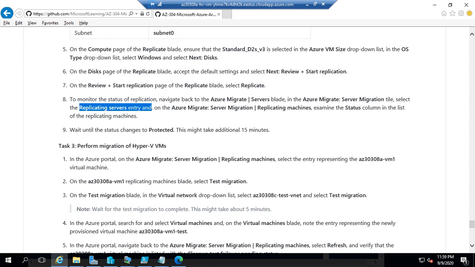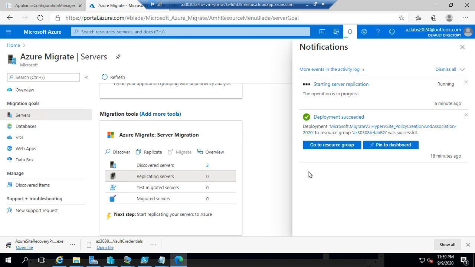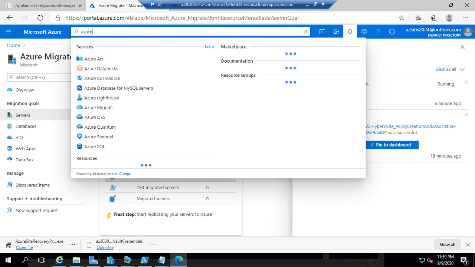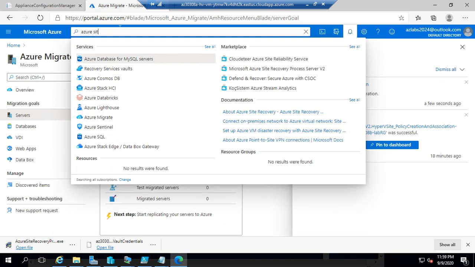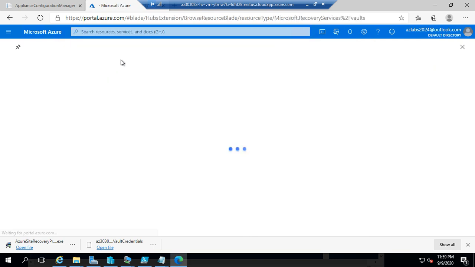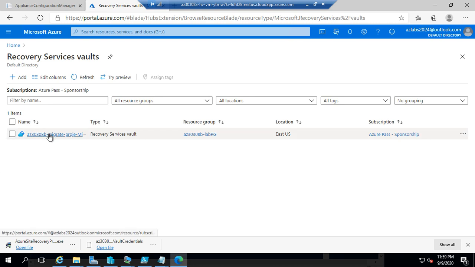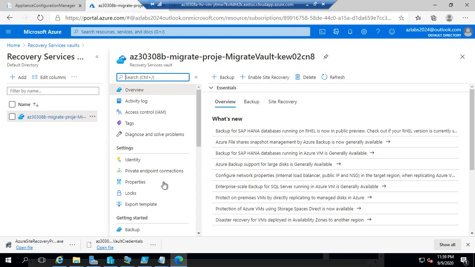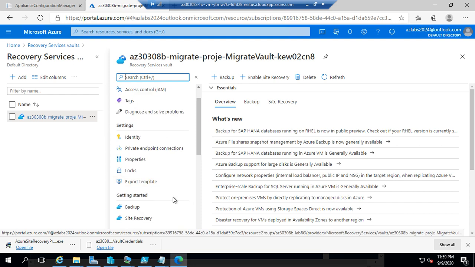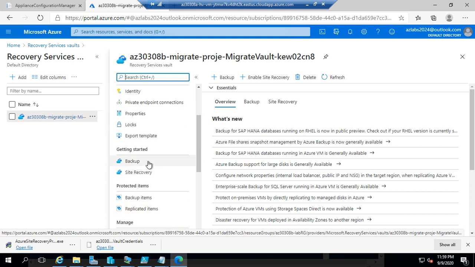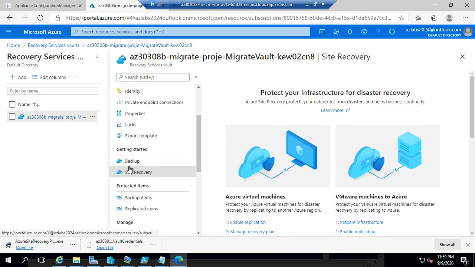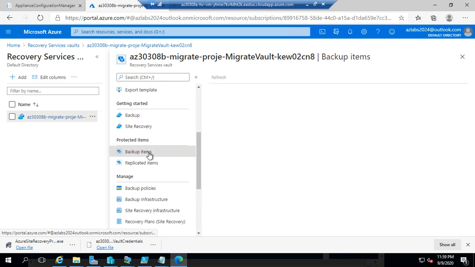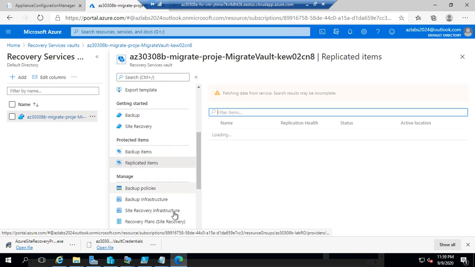Okay, so this is interesting. So while this is going on, we can also look for Azure Site Recovery and see recovery services vault if we got any. So this we got created, so we can go in there, and in here let's see what we have. Site recovery, do we have anything there? Backup, do we have anything there? We do not have. Backup items, do we have any? We don't have. Replicated items,